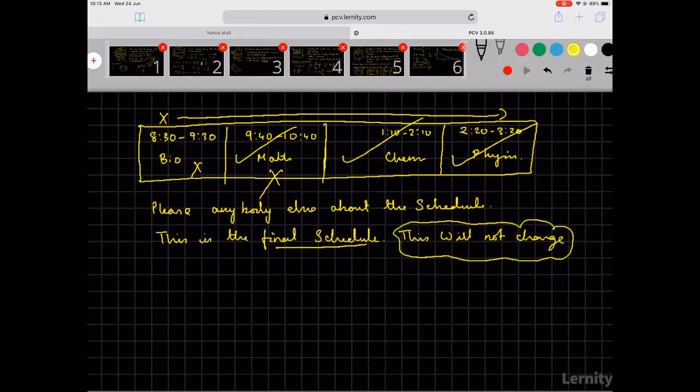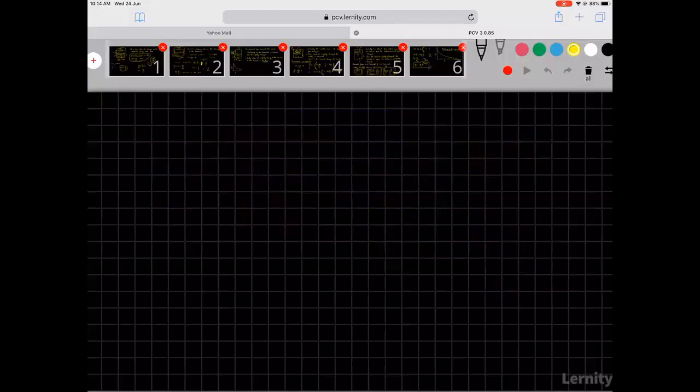So please don't get confused about this. There might be some guest classes or separate doubt clarification classes. Necessarily, the doubt clarification classes will be after 4 o'clock. Mostly they will come only on Saturdays and Sundays, but they will be announced clearly. So please don't get confused beyond this.